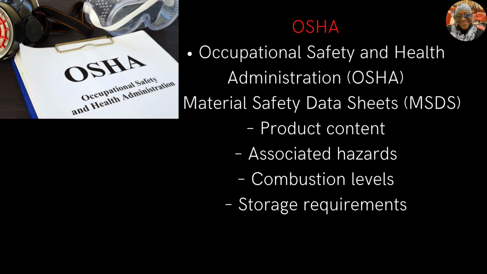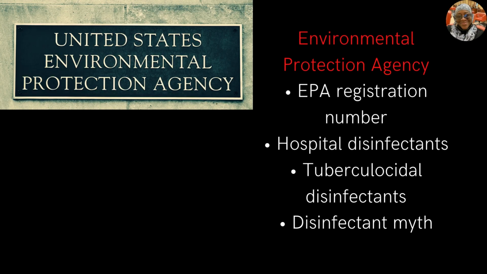It's called safety data sheet. What's listed on the safety data sheet is product content, associated hazards, combustion levels, storage requirements, and about 16 other categories,